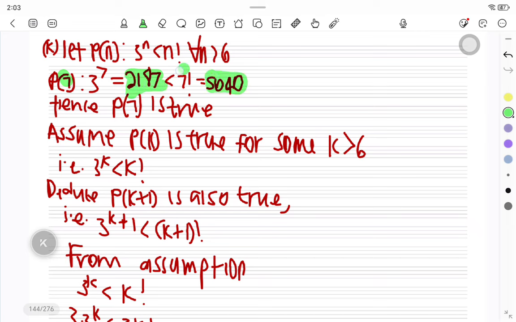Then we assume that p of k is true for some k greater than 6. Then we have this. We just replace n by k. You see, right? The left hand side. Then from here we deduce